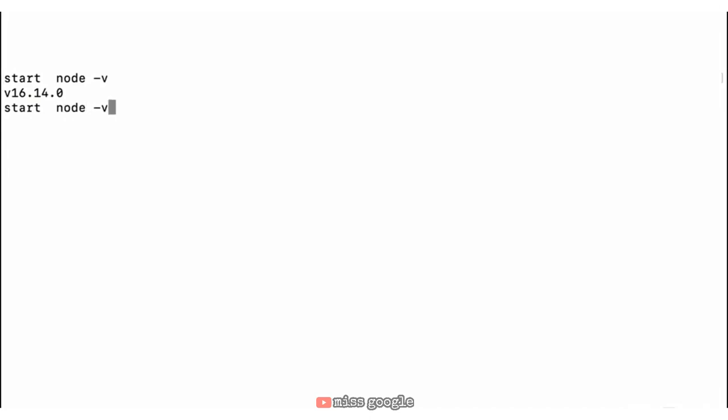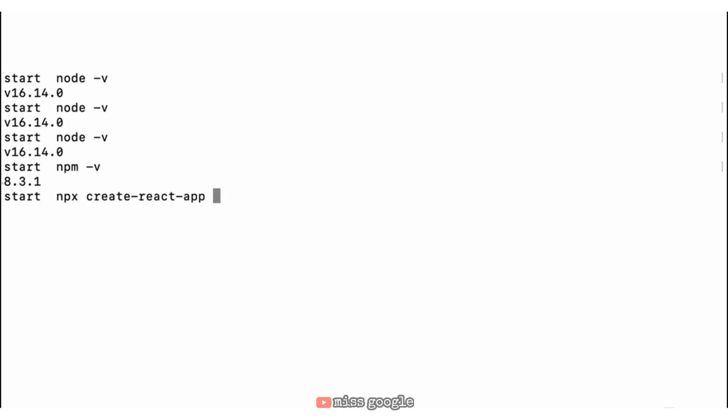Once you have Node installed, which you'll know by running node -v and seeing some sort of a version number, your version number doesn't have to be exactly what I have. We also want to check which version of NPM we're using. So npm -v will let us know we're using version 8. As long as you see something higher than 5.2, you'll be able to do the next command, which is to run npx create-react-app